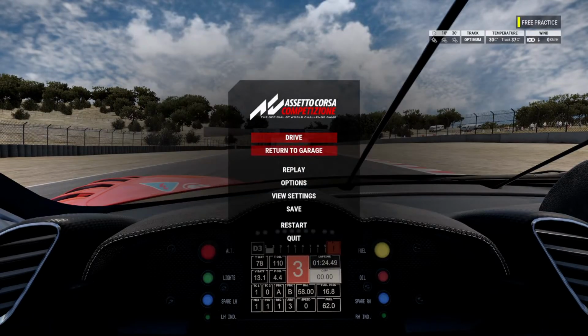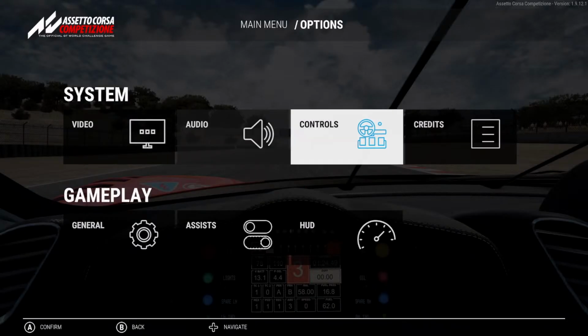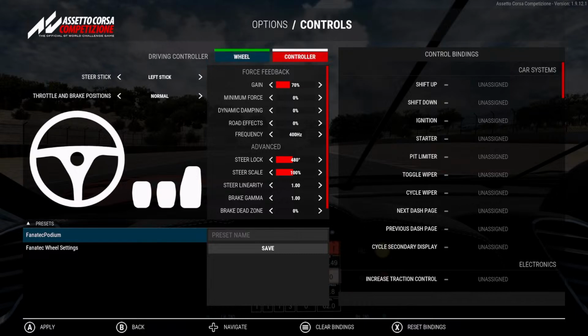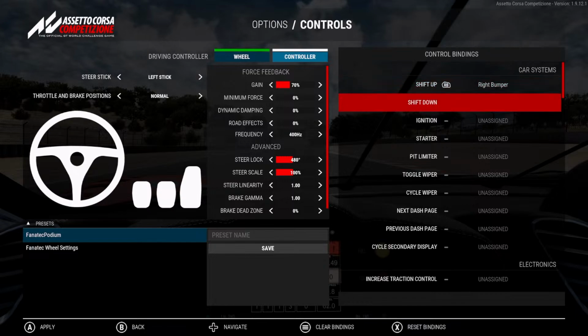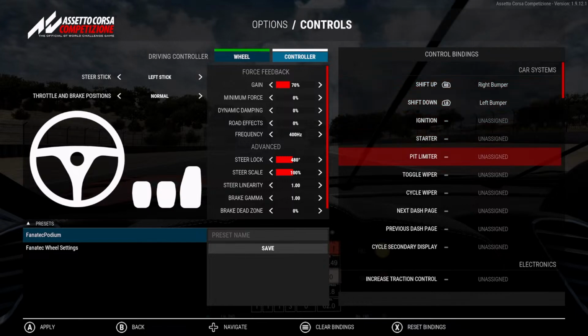All of my bindings just got sent to the shadow realm. That's crazy.